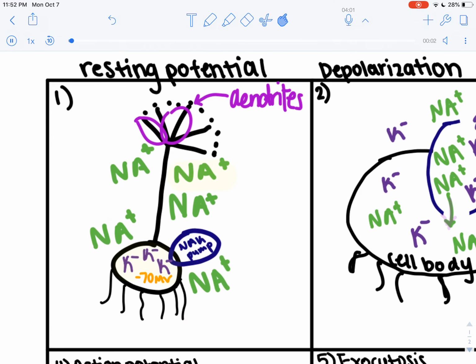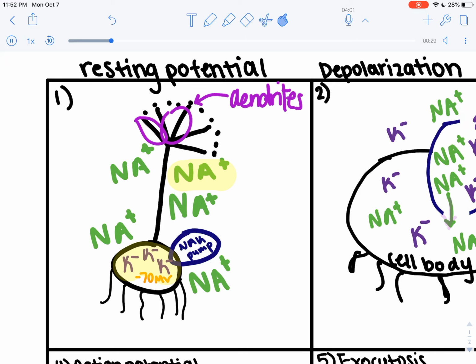So there are 6 steps to neural communication. The first step is resting potential. And so in resting potential, the sodium and potassium are inside the cell body. And so potassium is going to be inside and it's negatively charged, and sodium is on the outside and it's positively charged. The cell body is basically giving life to the cell, and the nucleus of the neuron is within